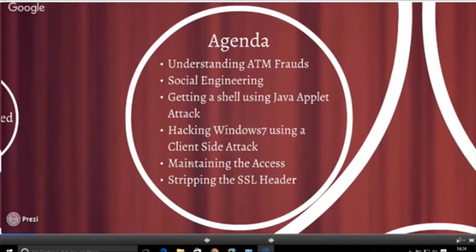Once, let's say someone has compromised the machine, then what can be done if someone turns off his PC and again connects to the internet, how will that PC make a connection back to the attacker's machine. And then we'll have a look at bypassing the authentication. We'll start off with bypassing the authentication on a login web page.